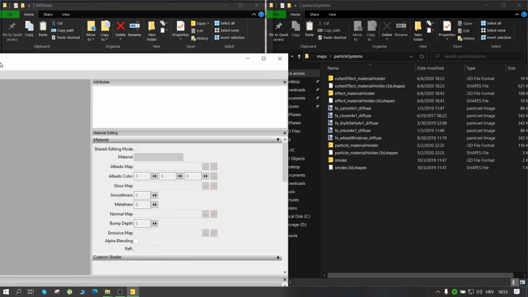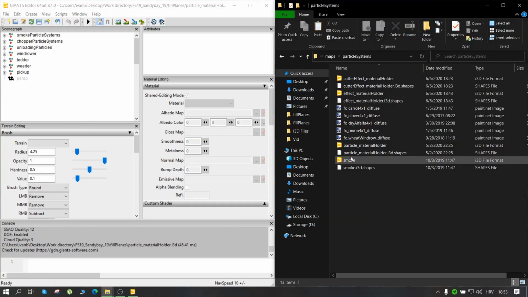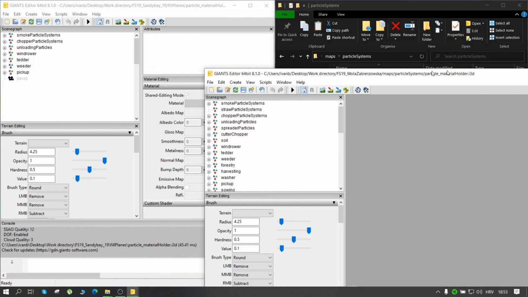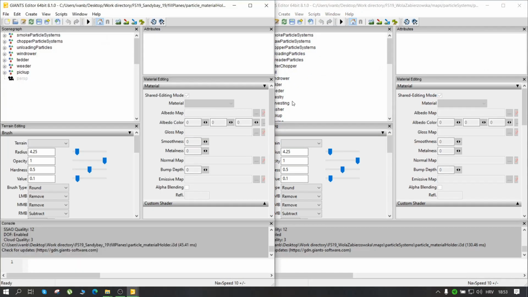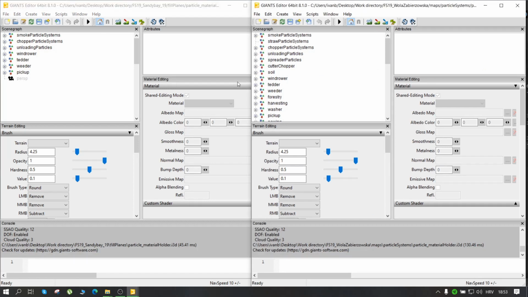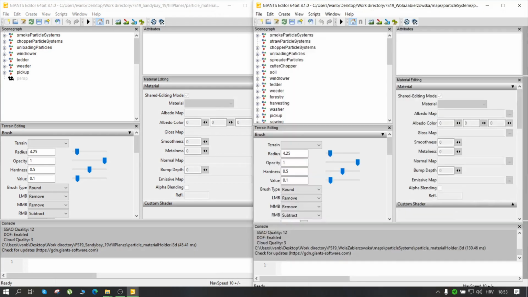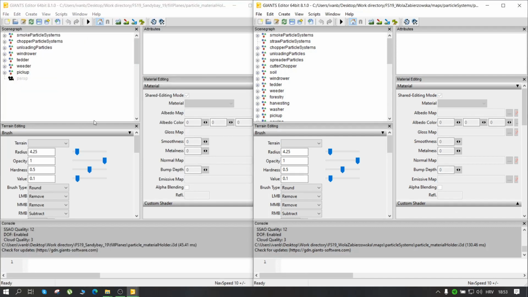I'm going to drag it to the left, and I'm going to open the particle material holder from my map, and I'm going to drag it to the right, fix a bit of overlapping. Yeah, okay. So one thing to note about this i3D file,